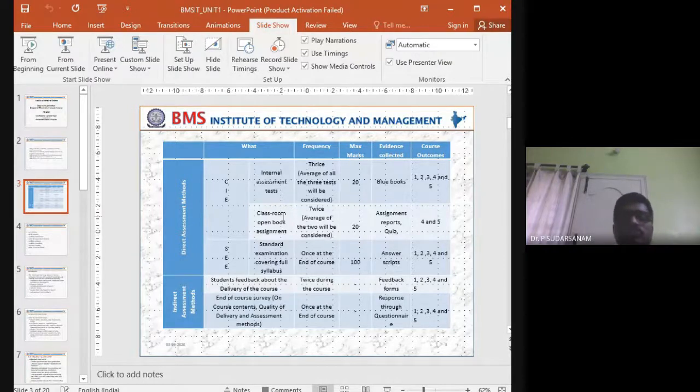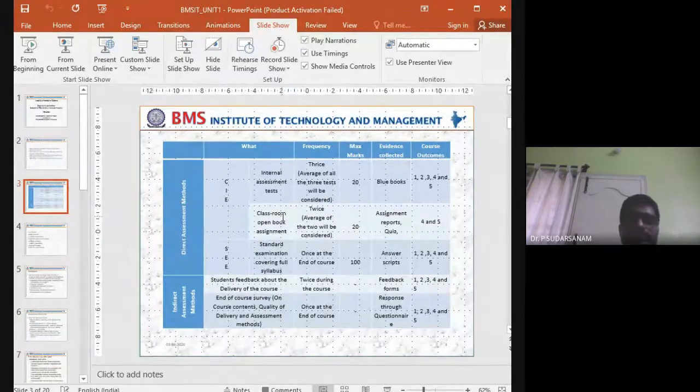This is another 20 marks, based on the teachers and the students, so it will vary subject to subject. Here there is no programming part. We'll be discussing open-ended questions and assignments and quizzes directly. These will be conducted for 20 marks, and 20 marks will be taken directly from the tests.